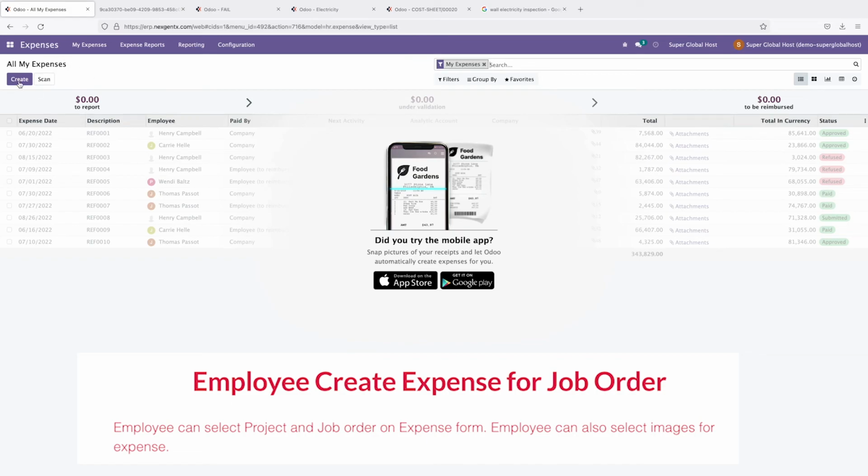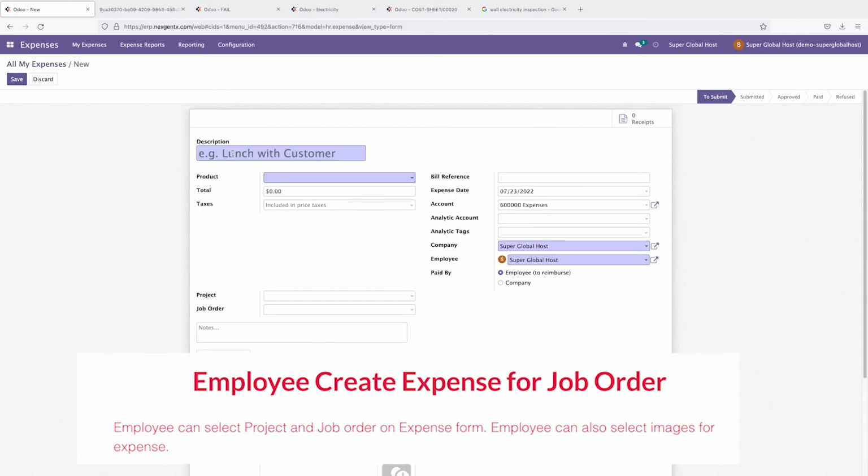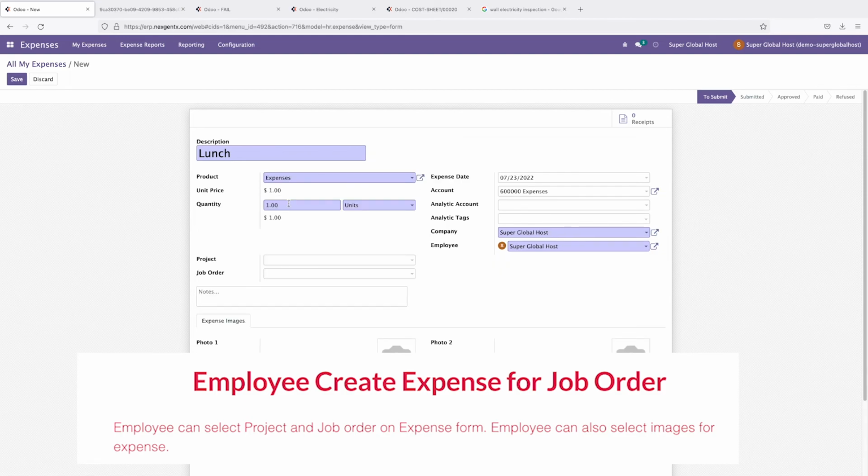They log in to their account and click this create button. Here they need to add this one, for example lunch. It is a product, I select expense, expense account,